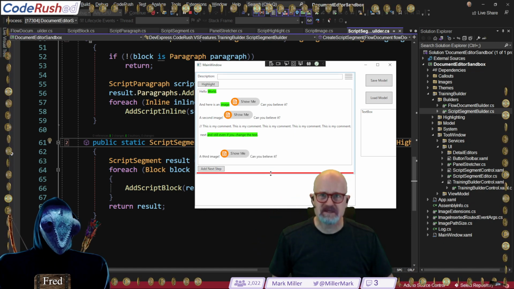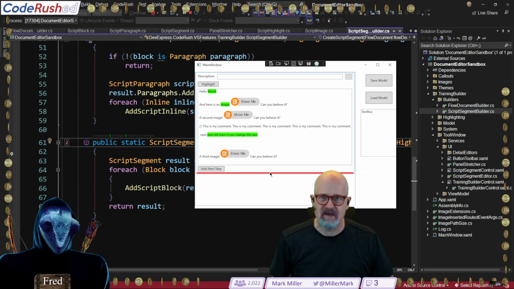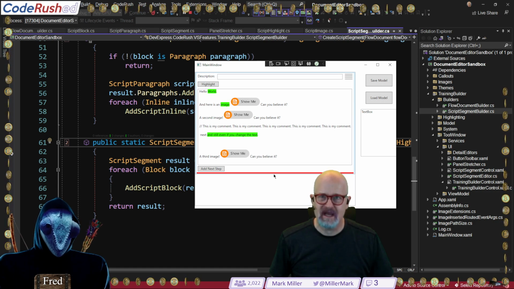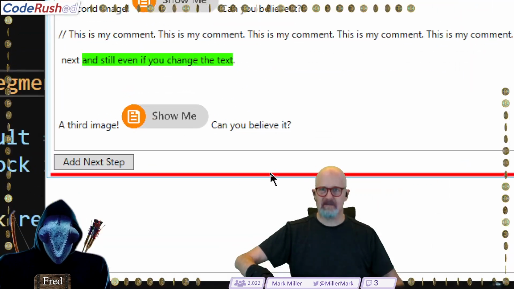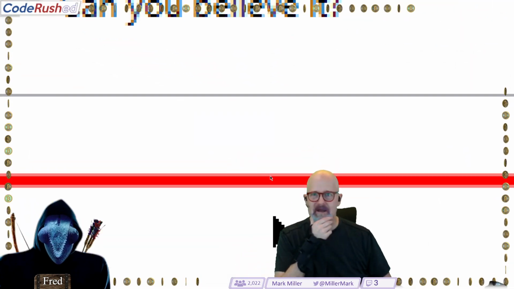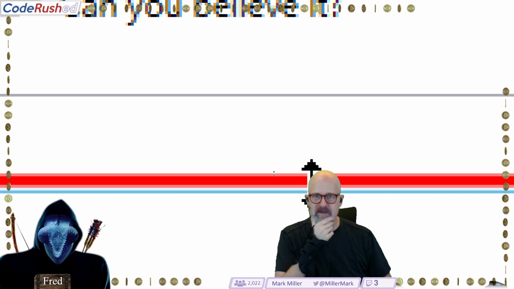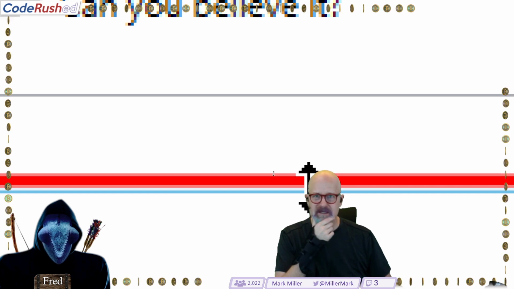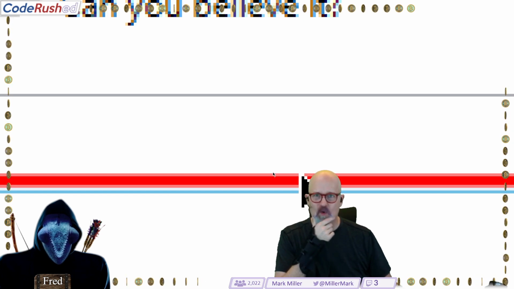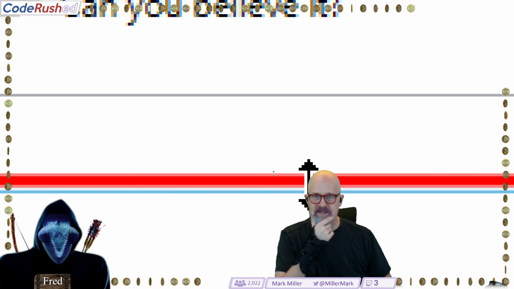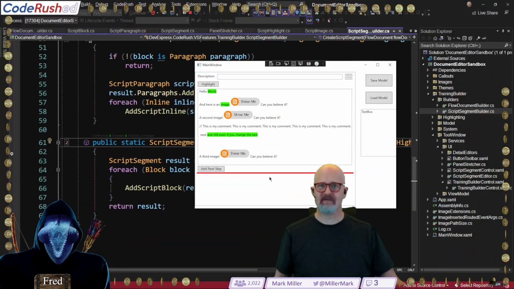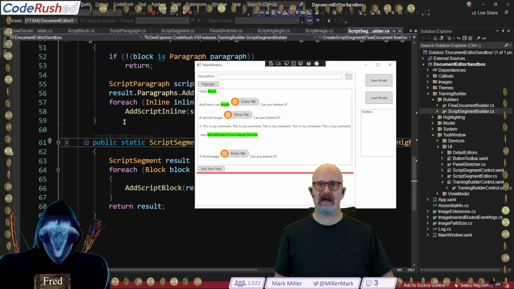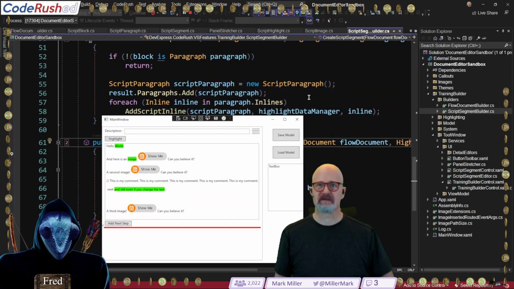The other piece I've noticed here is that this is too thin. It's got only a couple pixels here, making it hard to grab. Yeah, it's making it hard to grab. Let's take a look at this. Why? 1, 2. It looks like it's 2. Or my mouse is jumping with the small movements. It might be 3, but yeah, 1, 2. Looks like maybe 3 pixels wide, but it's not enough. So we need to solve and fix that. Let's go look at that and fix that.